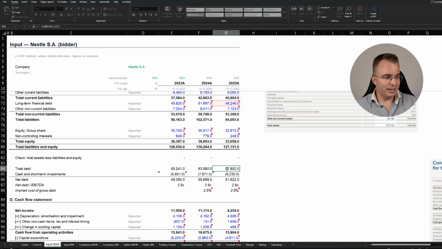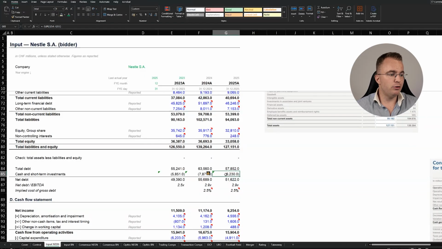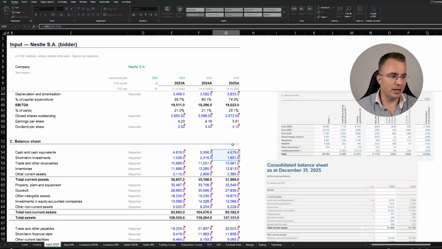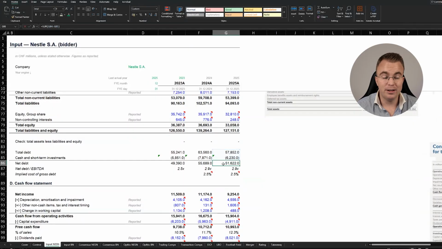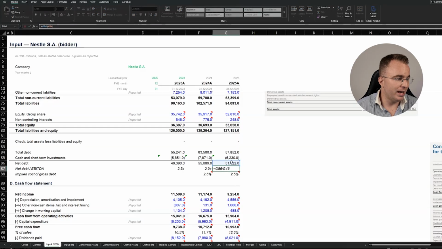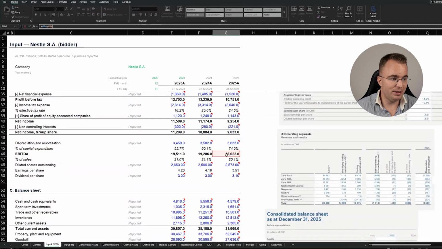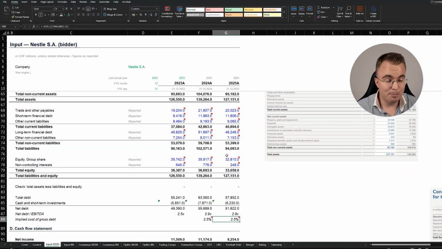Anyway, back to total debt, it's the sum of those two, and then you subtract any cash and short-term investment, so anything that is highly liquid, to get the net debt, the net financial debt. And then we can calculate a few ratios as well. Net debt divided by the EBITDA of this year, or the implied cost of debt, to just get a feel of how much an interest rate could be for an outstanding, just to get a feel for how much their